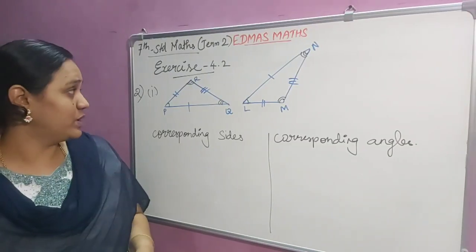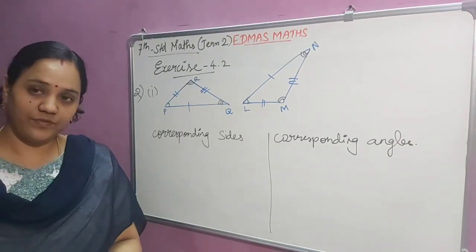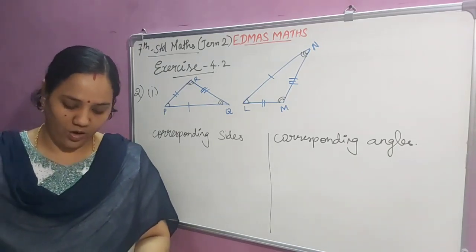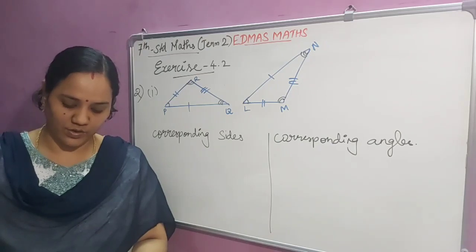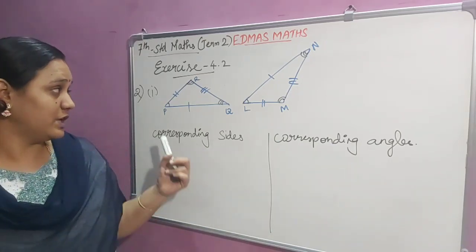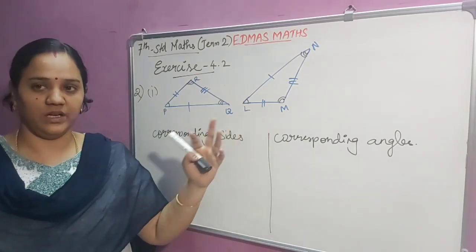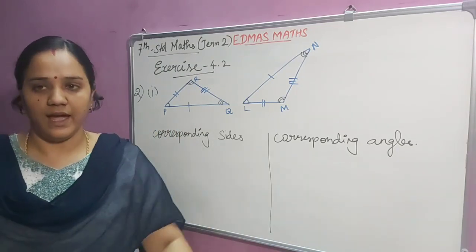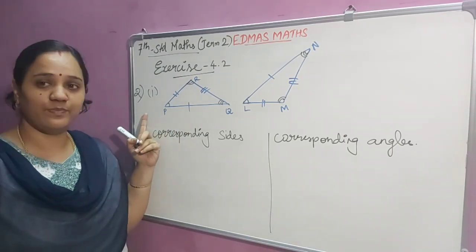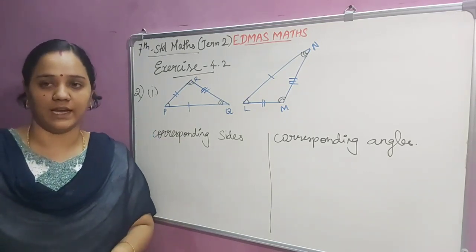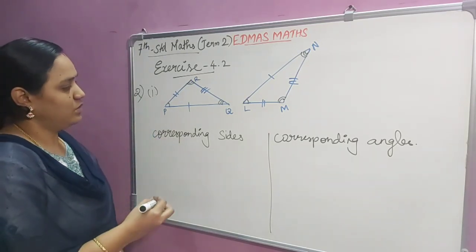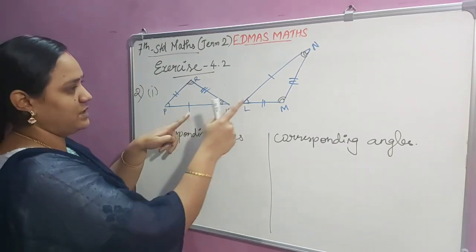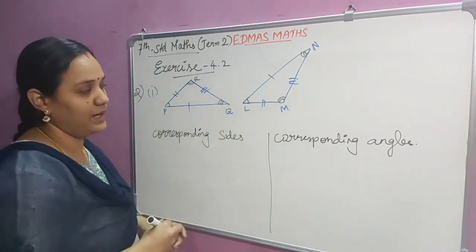Second problem, the question is, if the given two triangles are congruent, then identify all the corresponding sides and also write the congruent angles. So here they have given the picture in your question. So we have to write all the corresponding sides and corresponding angles. I am going to explain the first option and you can do the second option on your own. Okay. So now we can write the corresponding sides. First the single line, double line and triple line we have to write.